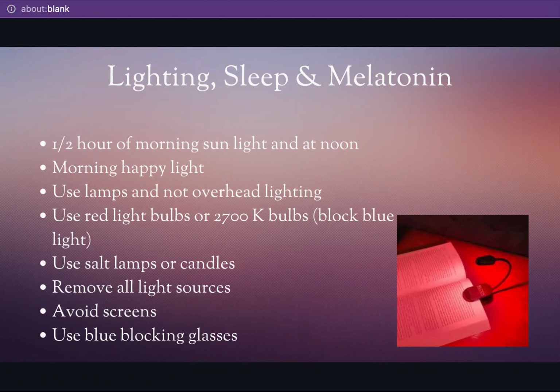You want to remove all light sources. So I talked about having clocks in your room. For me, I do have an air purifier in my room and it has a light, but it does have a nighttime setting. So I can push that and it will cut off all the lights on that machine. My air purifier also creates some white noise in the background, so that can also be helpful. But my alarm system, which is also in my bedroom, also emits light. So I have to turn that on top of itself so I can block the light. So remember, removing all light sources, you want it to be completely dark in your room to get the optimal melatonin response.